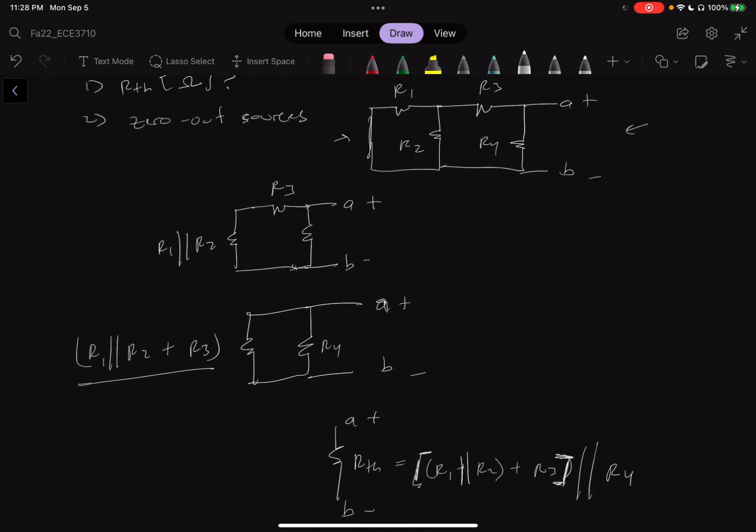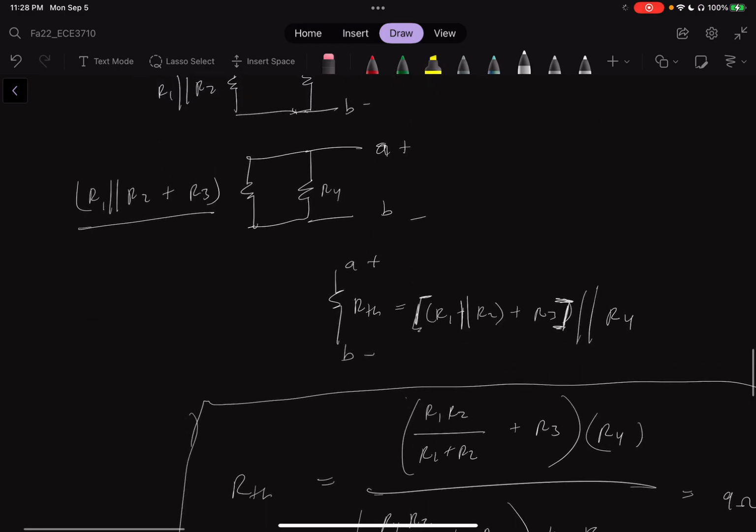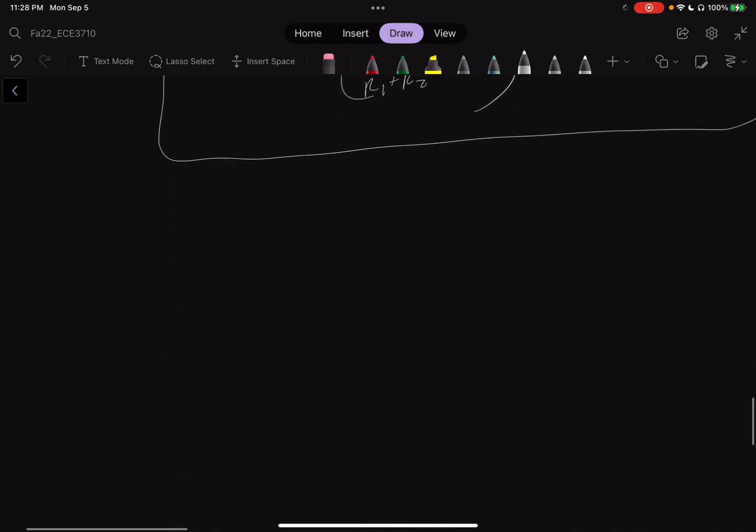I notice R1 and R2 are in parallel. I notice R1 and R2, which are in parallel, are in series with R3. And then lastly, I noticed that R1 is parallel to R2, which is in series with R3, and that whole thing is in parallel to R4. Cool. Next